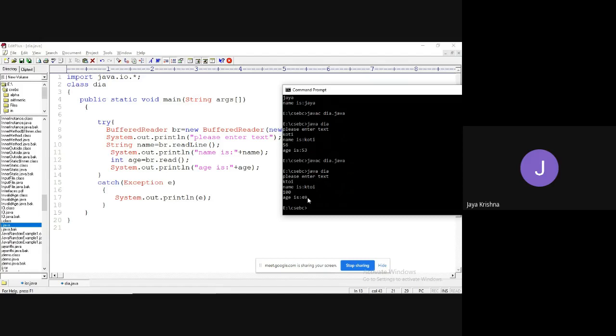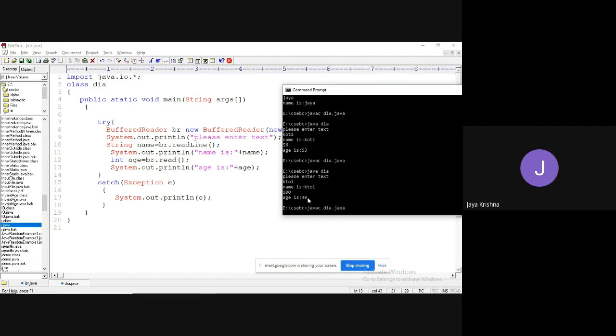So yes, the thing is here it is going to read the data in the form of ASCII values. It is going to read the data in the form of ASCII values.